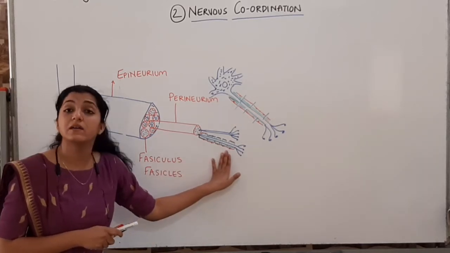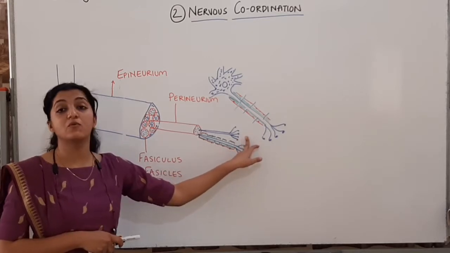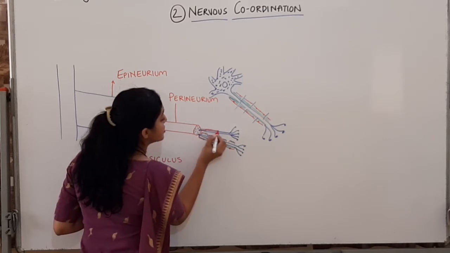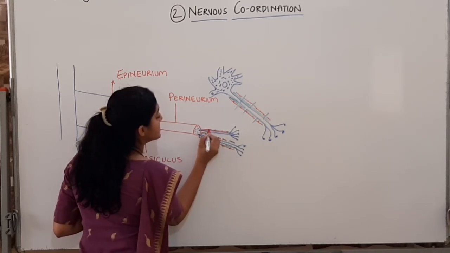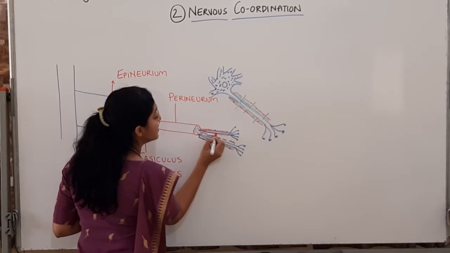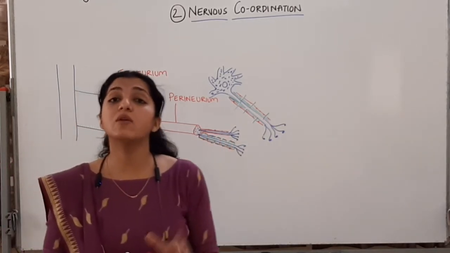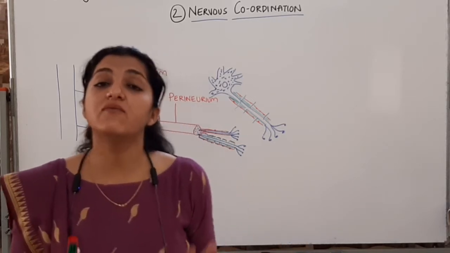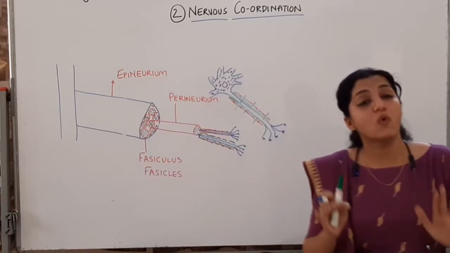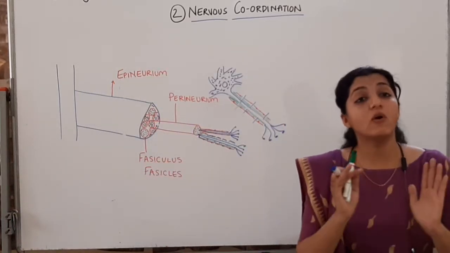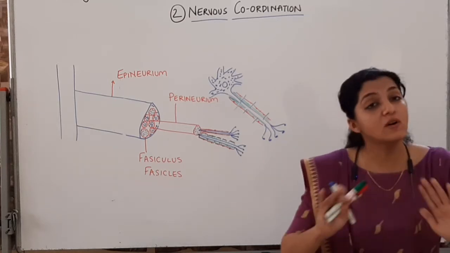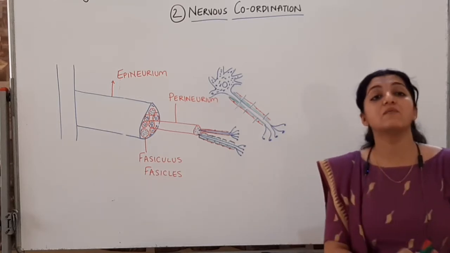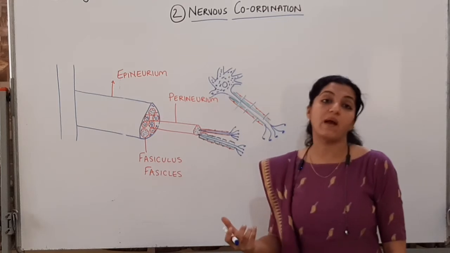So this is a myelinated neuron, and this is an unmyelinated neuron, where the myelin sheath is absent, but Schwann cells will be present. I will mark this statement with you in the NCERT textbook: whether the axon is myelinated or non-myelinated, Schwann cells are going to be present. The only difference is that in the myelinated neurons, the Schwann cells secrete the myelin sheath, and in the non-myelinated neurons, the Schwann cells do not secrete the myelin sheath. Myelin sheath acts as an insulator. It provides insulation to the axoplasm from the outside environment.